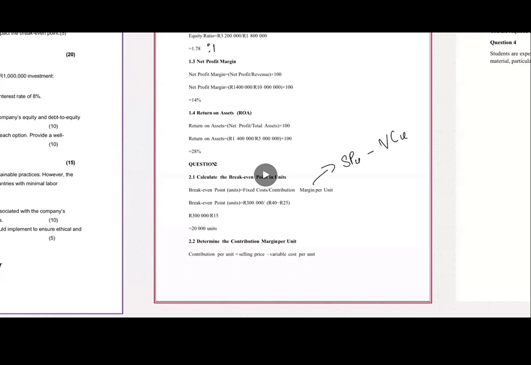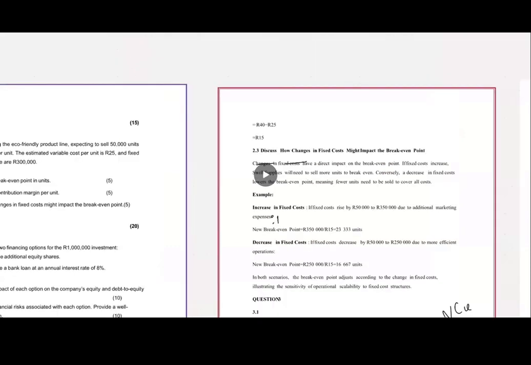So 2.3. 2.3 wants us to discuss how changes in fixed costs might impact the break-even point. Okay, so